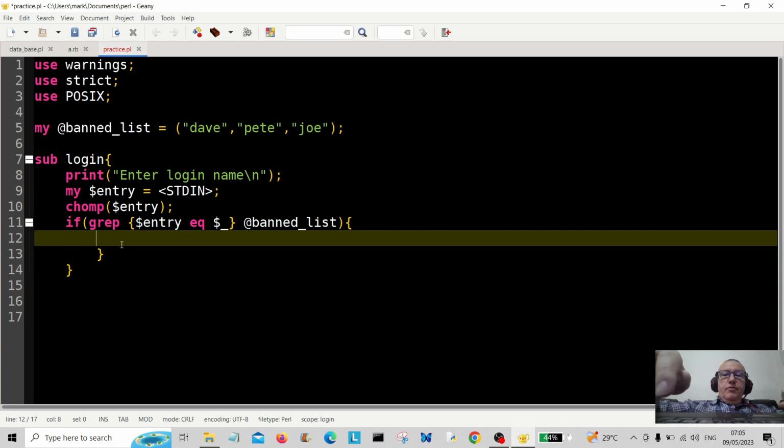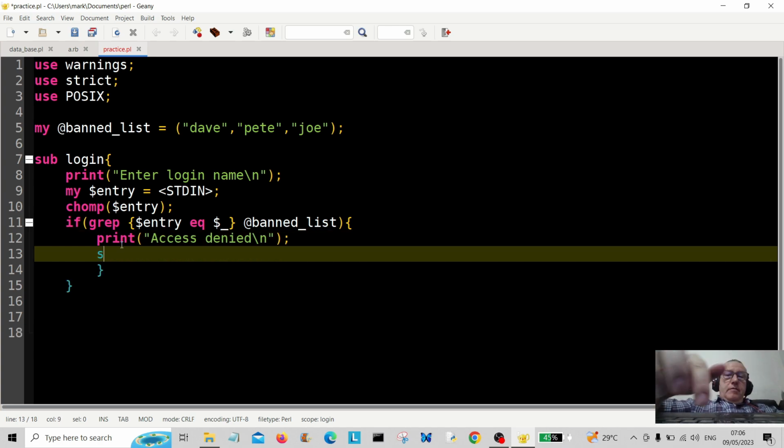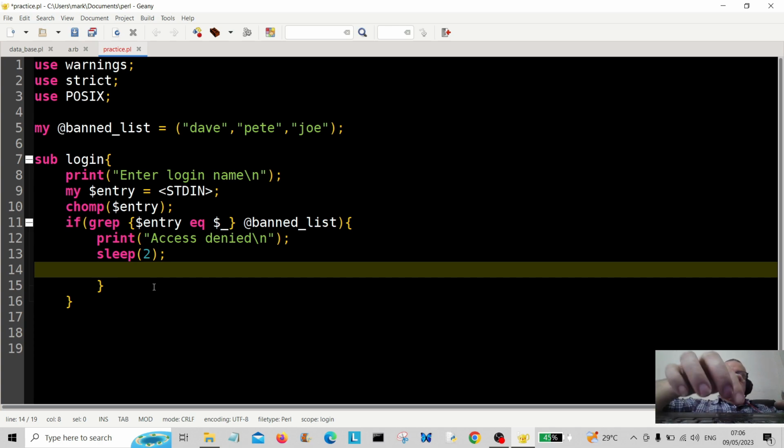So then we're going to print access denied if the entry is in the band list. And we're going to do sleep for 2 seconds, so this will give us a 2-second delay. And then what we're going to do is we're going to print the user a message. We're going to create a subroutine called band message,